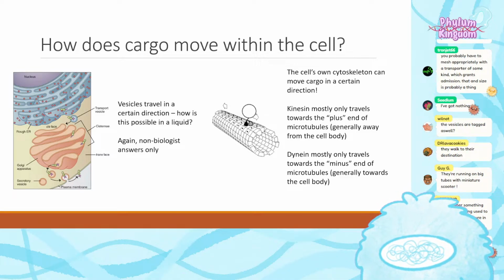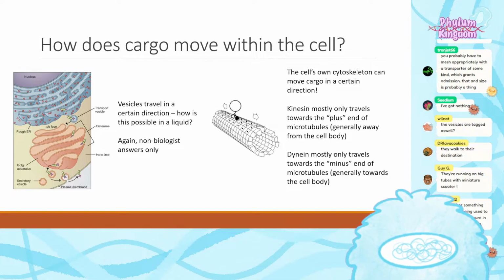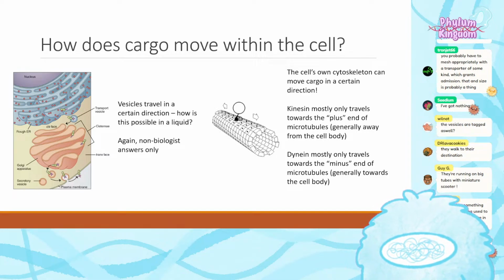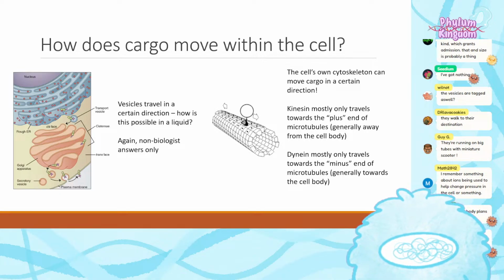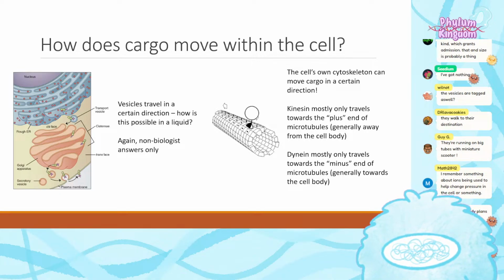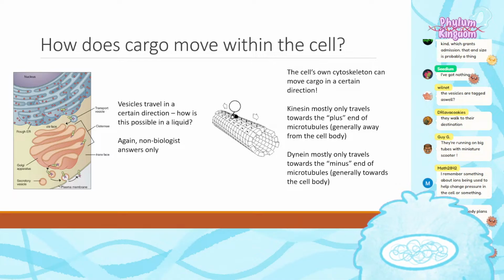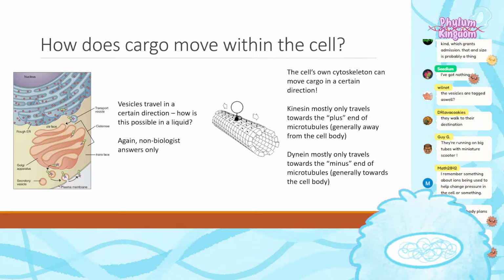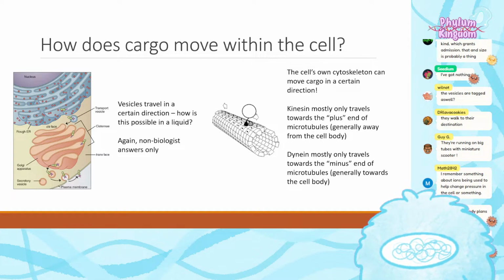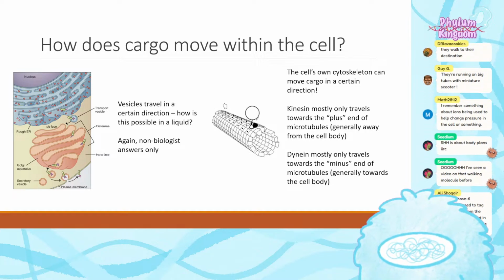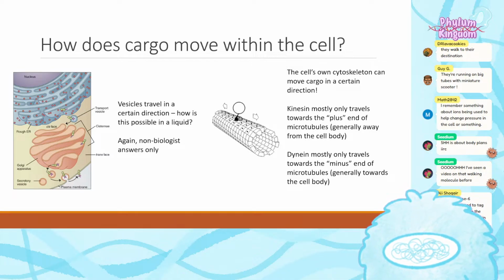So as long as you have some principle that organizes these microtubules, then you can have a way to have information that dictates what is outside and what is inside. So kinesin will only walk to the plus end for the most part. Dynein will always walk to the inside for the most part, right? And in that way, we can understand that cargo can move in a direction, that it's not just random where it ends up. It does get moved there by, I think Guy called them little scooters, right? I like to call them little guys.